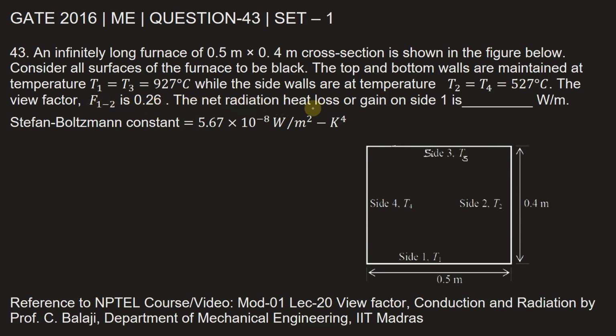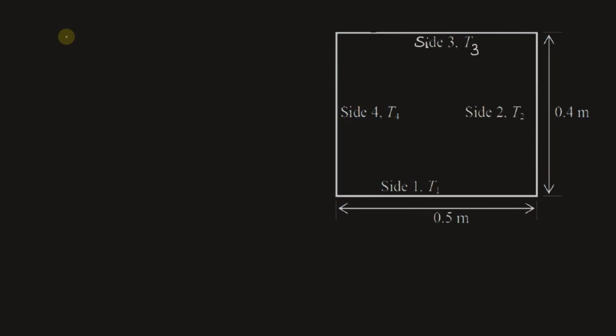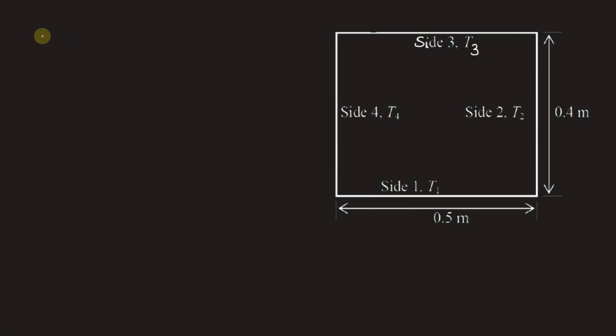The net radiation heat loss or gain on side 1 is, and we are given the Stefan-Boltzmann constant, which is 5.67 into 10 to the power of minus 8 watt per meter square per Kelvin to the power of 4. We know that view factors of similar objects remain the same, so the view factor of 1, 2 will be equal to the view factor of 1, 4. So let's write here F12 is equal to F14, which in the problem is given as